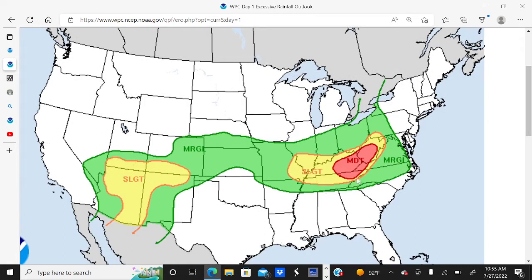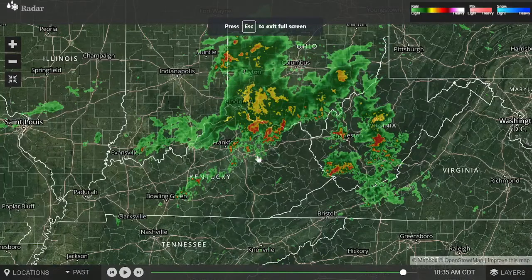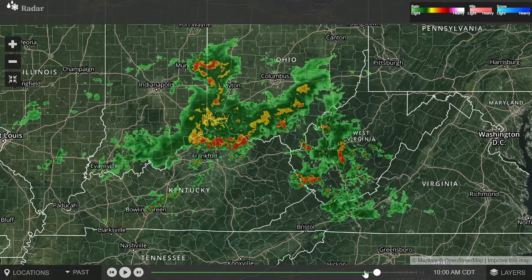And I'm really concerned about flooding today across this red area because these areas, like especially eastern Kentucky and West Virginia, have seen 2 to 4 inches of rain already over the last couple of days. And taking a look at current radar, we got more rain moving through Kentucky into West Virginia and southern Ohio, moving over the same areas that have received 2 to 4 inches of rain over the